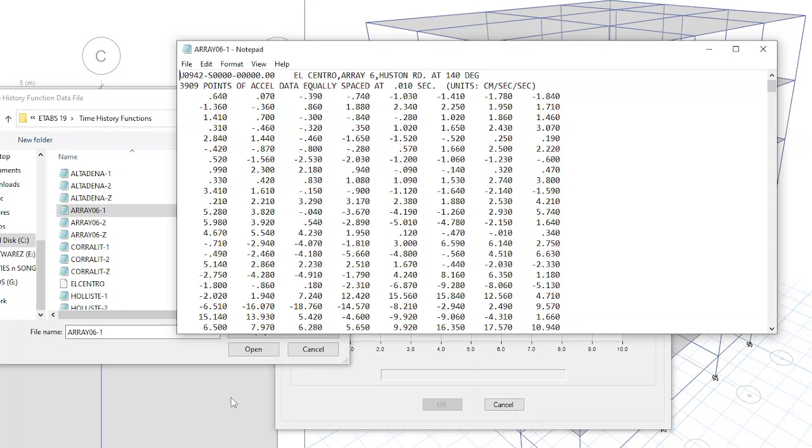Notepad is there by default. What are the apps it is showing? Open in WordPad.